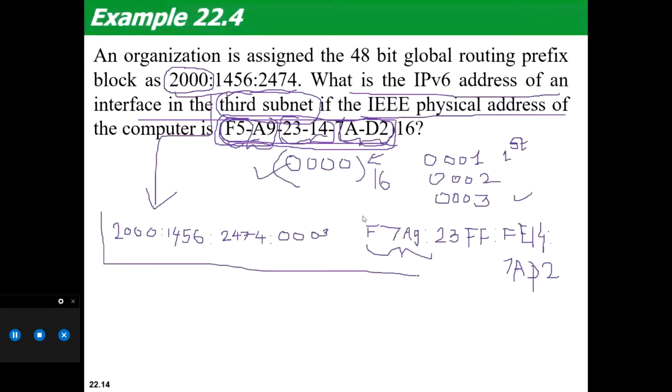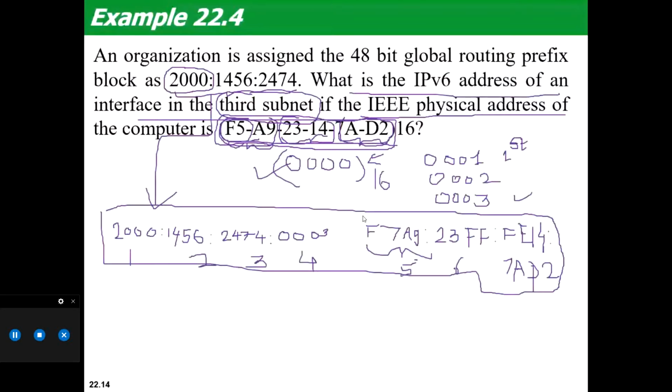कितने blocks बनने? 8 blocks. You can see that. Block number 1, block number 2, block number 3, block number 4, block number 5, block number 6, block number 7, and this block number 8. Each block is of 16 bit. तो मेरा 128 bit का एड्रेस जनरेट हुआ. Are you clear?